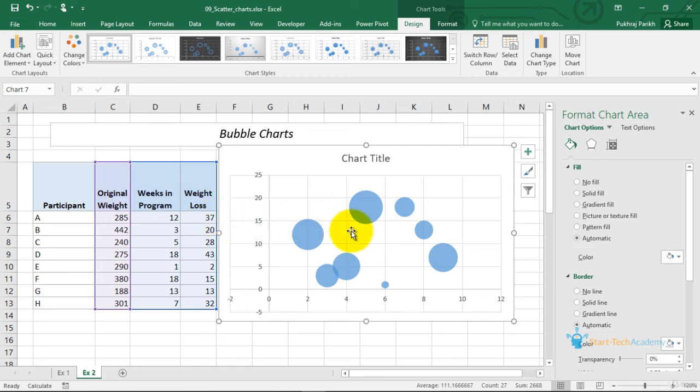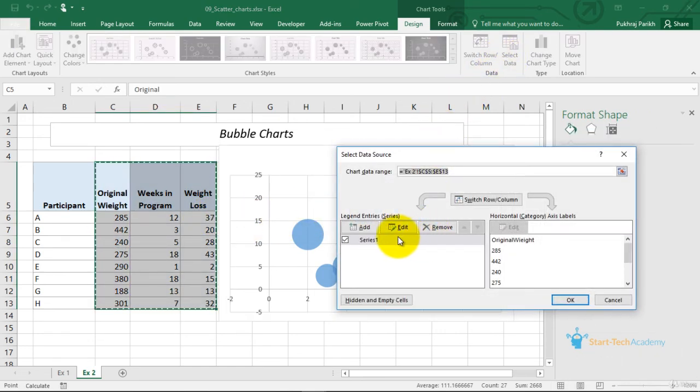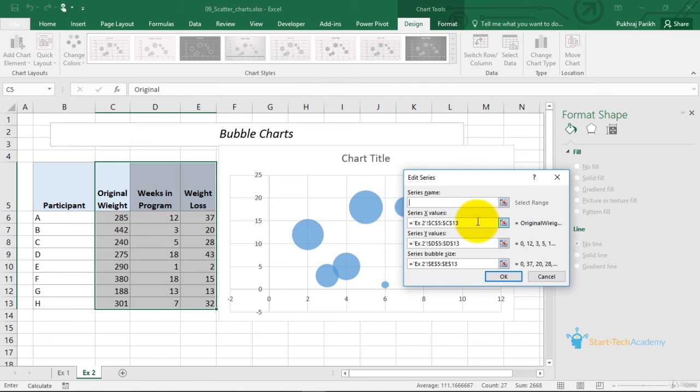So I have to go to the select data option and change this.